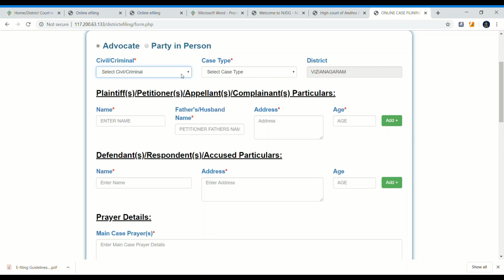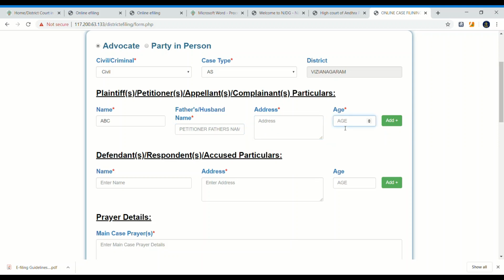Whether you want to file a civil or criminal case, the case type, and the name as per plaint, petitioners, appellants, complaints. So name, petitioner's father's name, address, age.